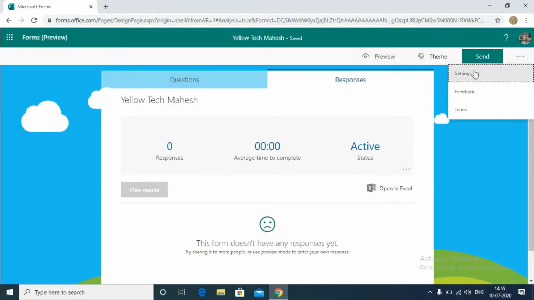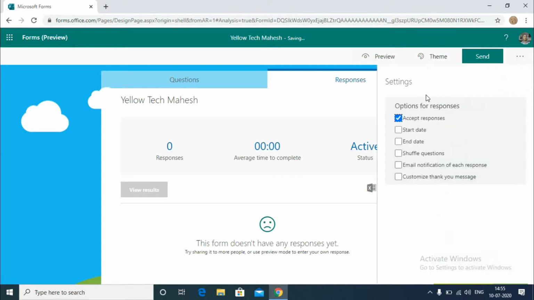Click on the settings, and we can see this. Accept responses means to know the status of the form, whether it is active or not, or we can make the status active for a period. If you give a start date and end date here, from that period it will be in active state.